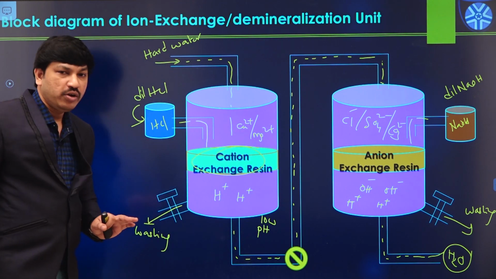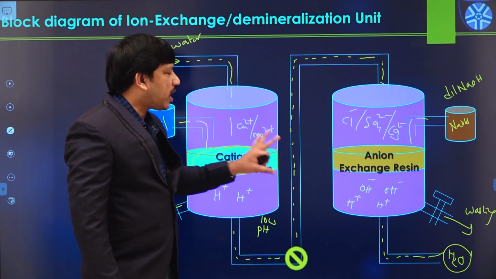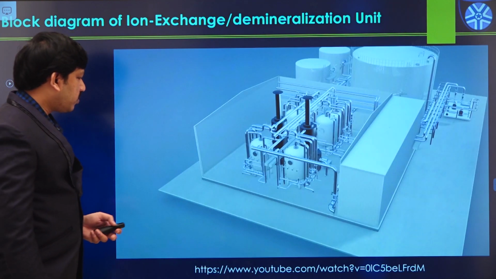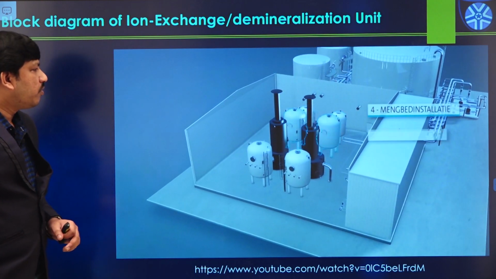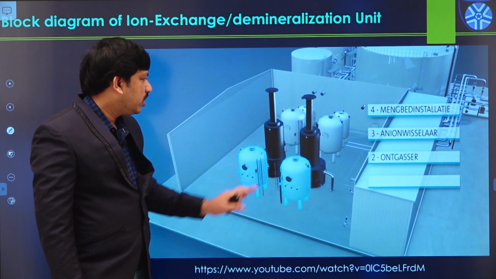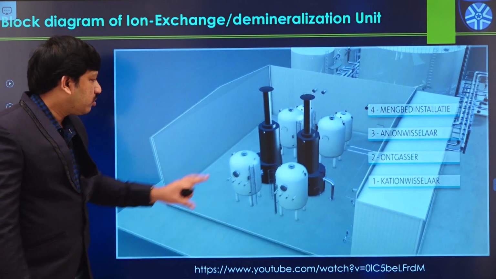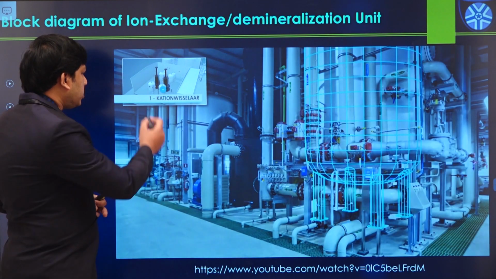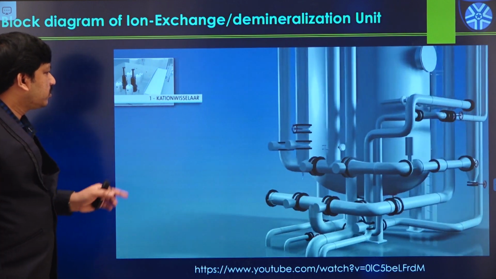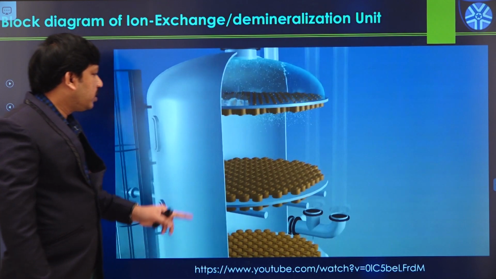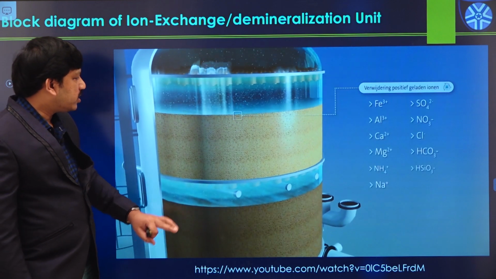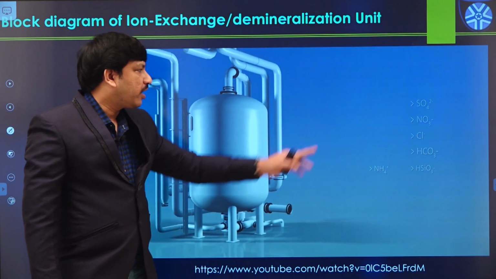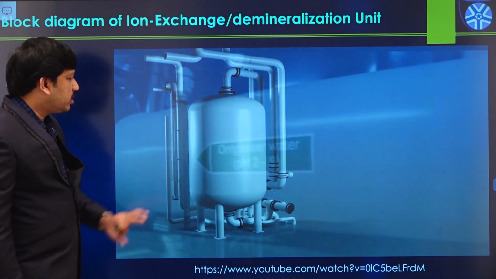Now we'll show a video of how this ion exchange unit is available in various industries. This is a water purification chamber. Here basically four different units are there. In our case, we have the cation exchange resin. So this is the cation exchange vessel. This chamber contains resin, and once water enters in this manner, it can remove all types of cations. It cannot remove the anions. So this is the first unit.